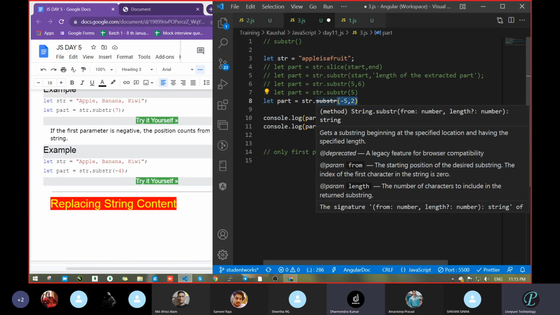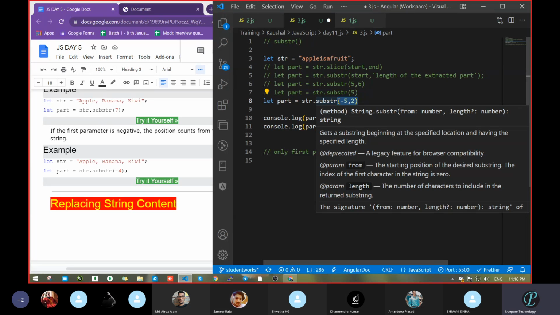That is the difference. Now substr also keeps first and second values, but the first is the starting index and the second is the length, meaning how far it will go. This is the major difference.